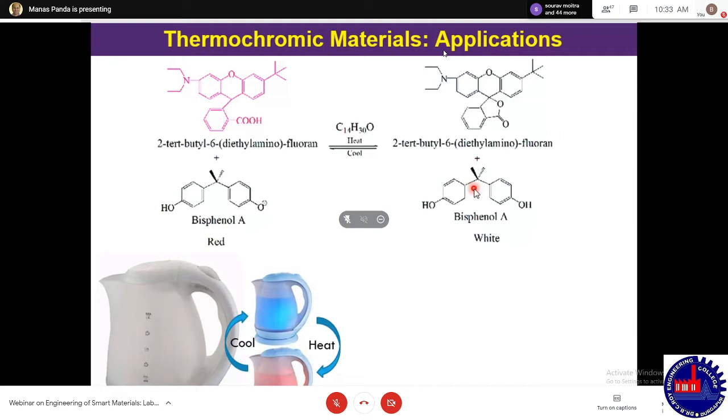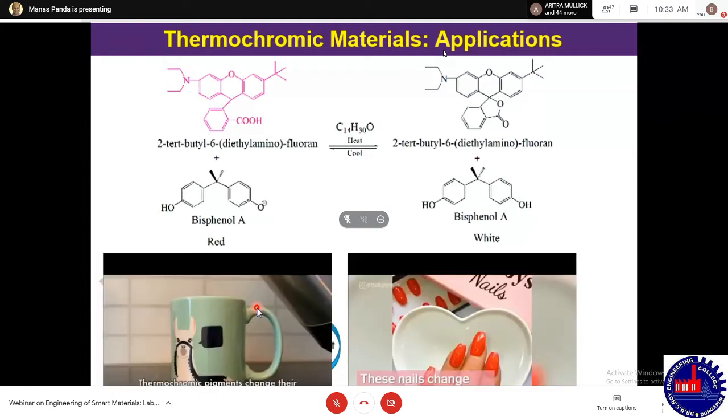So these are also very useful for commercial products. And here is an electric kettle, which you can see when hot water is poured turns red, and when the water gets cool, then it is blue color. Okay, let me show you some application videos. So based on these properties,